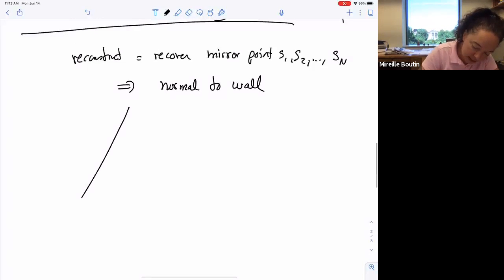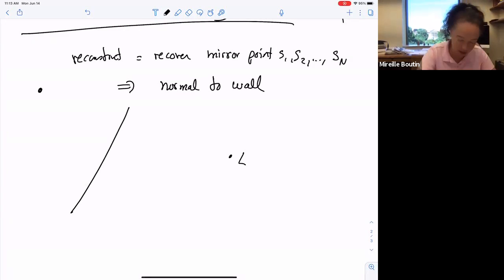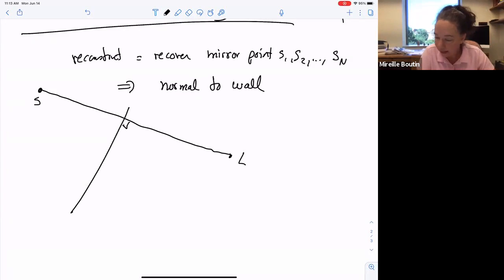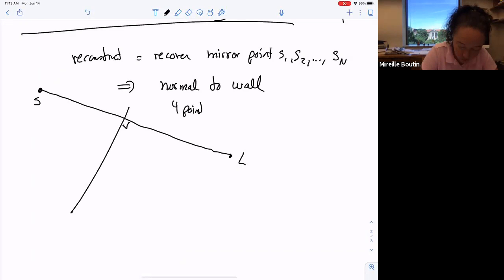Because if your wall is here and your loudspeaker is here, I need to put it a little bit more below. If your loudspeaker is here, then your mirror point is going to be right there. So once you have the S from the loudspeaker position, you can find out the normal to the wall. And after that, you can also recover 4 points on the wall,